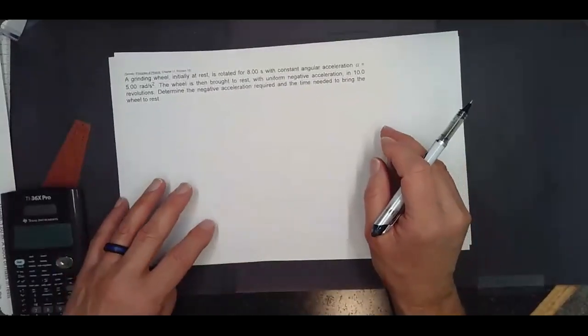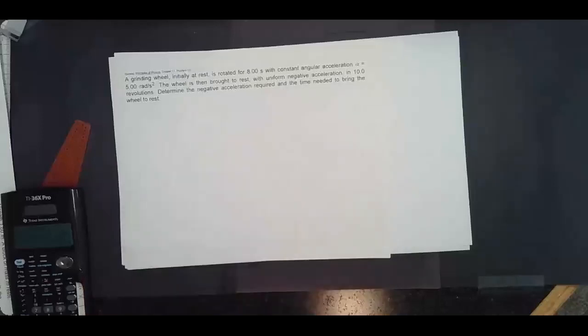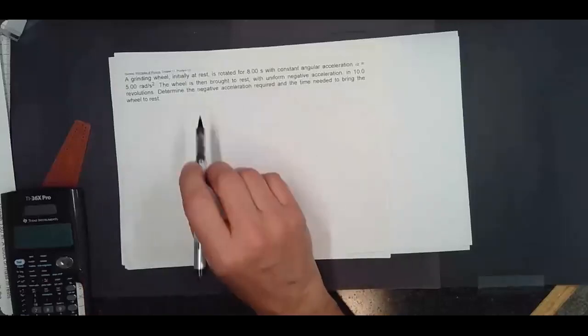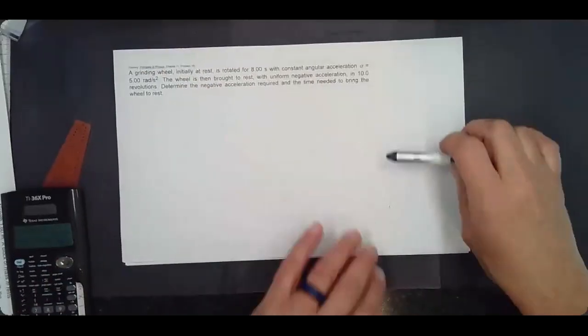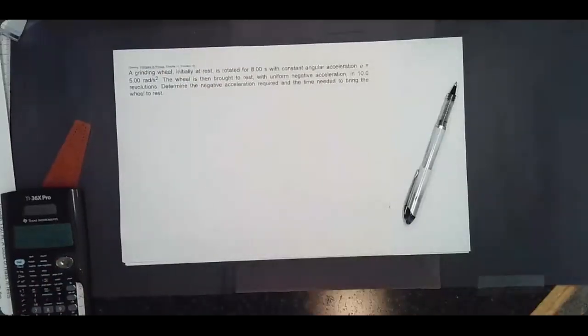Okay, now we've got a positive angular acceleration. Okay, another grinding wheel. These are common things to have. I remember,